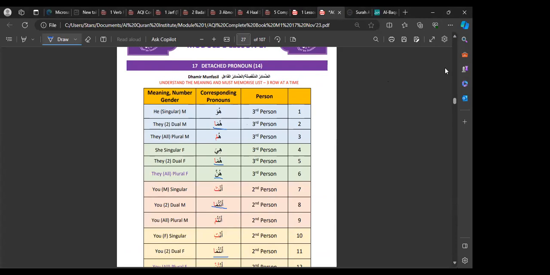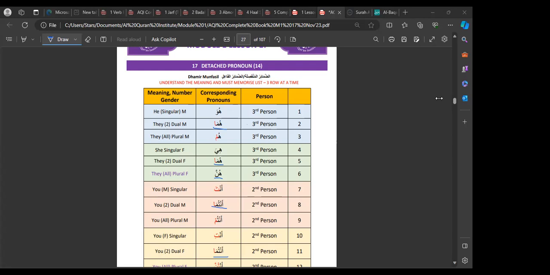So you can use the word personal pronouns. These are personal pronouns. But in Arabic they don't really use that term. So stick to attached and detached. Okay, good. Any other questions in future? Try to put them in the chat for now, until we come to a question section later on, inshallah. But thank you for that.